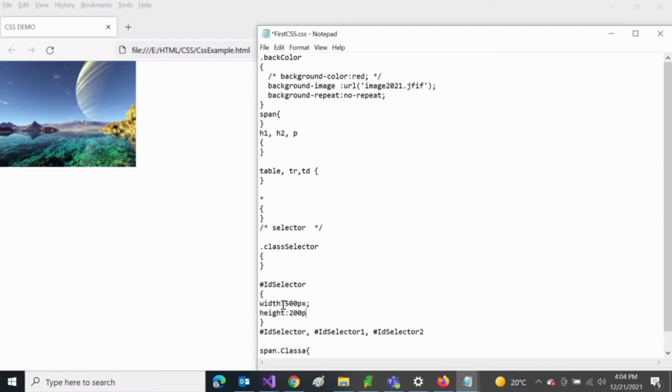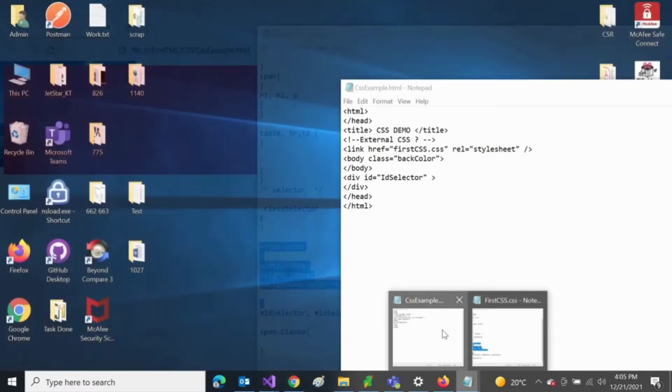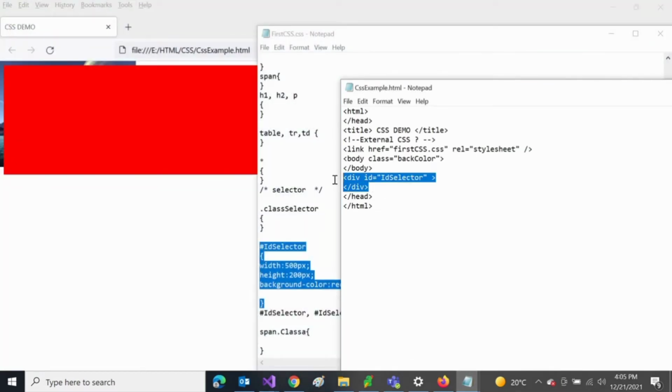So now I write width is equal to 500 and height is equal to 200. Let's give some background color to that div for that id selector, and let's save it and refresh it. See, now the div has width 500, height 200, and background color red. So now I'm arranging some more content inside this HTML file.